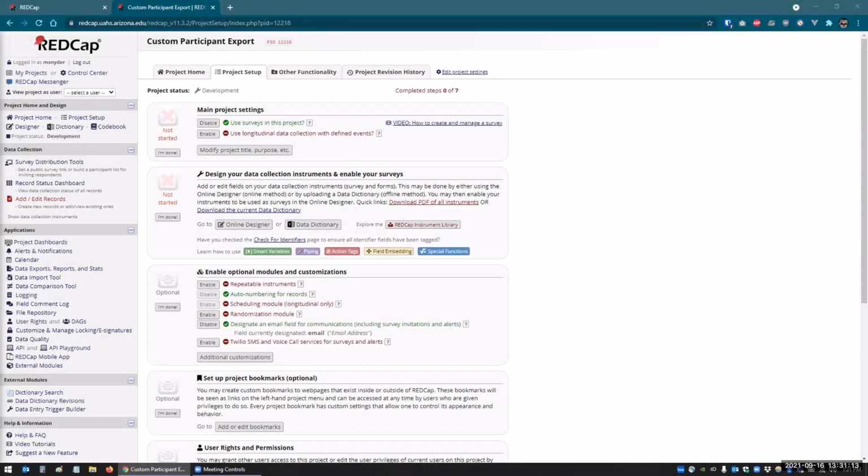This module here, this custom participant export, might be one of those modules that could be helpful for some people, but I'm not sure. Basically what it does is it enables custom participant exports as a CSV from the participant list. So it's for surveys, any projects that you have with surveys enabled. It gives you a way to